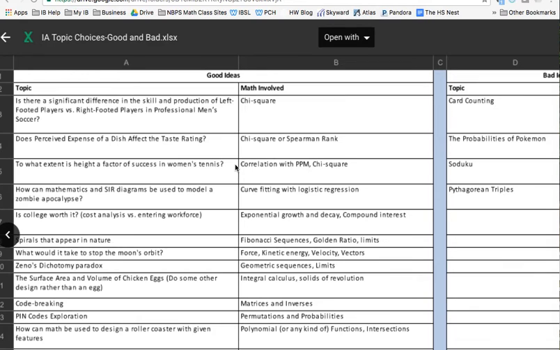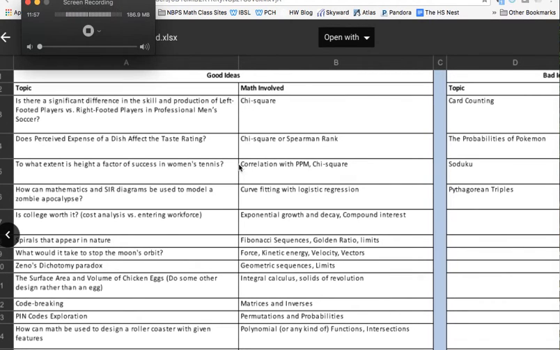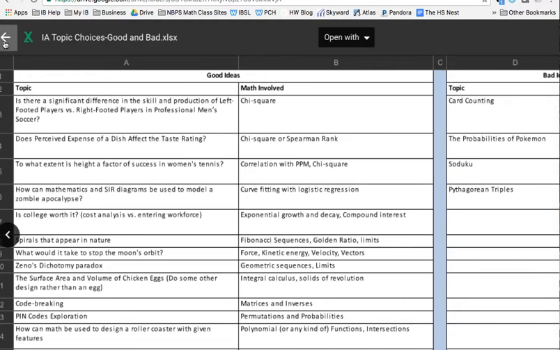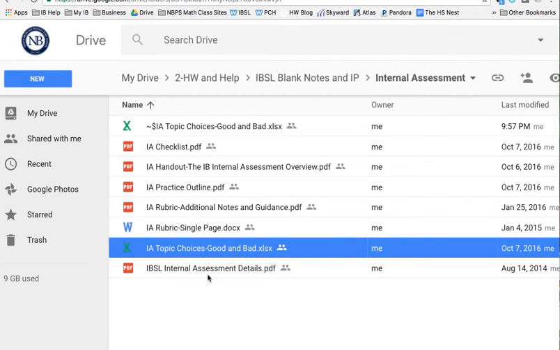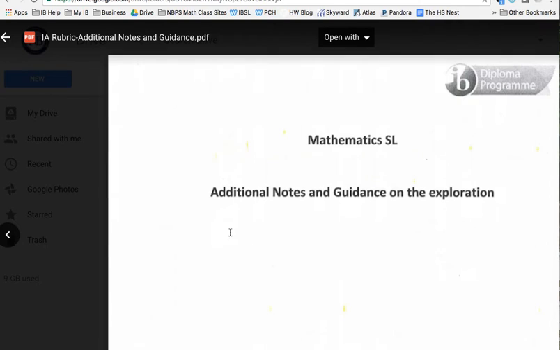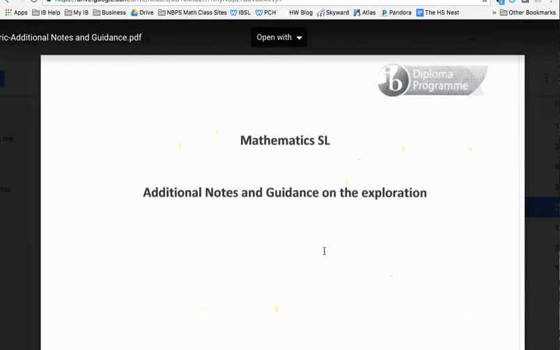in the future here. Okay, before we go, I do want to look at one other thing here, and just to show you in the folder the things that you download to your iPads. There is this internal assessment details that has a little more of an introduction. It has the rubric on there, but also another thing here, the IA rubric with additional notes and guidance. This is going to be really helpful, and I would say this is probably the document you're going to refer